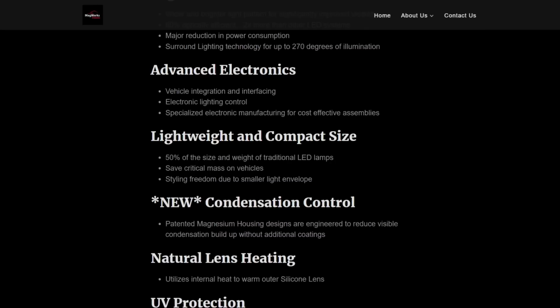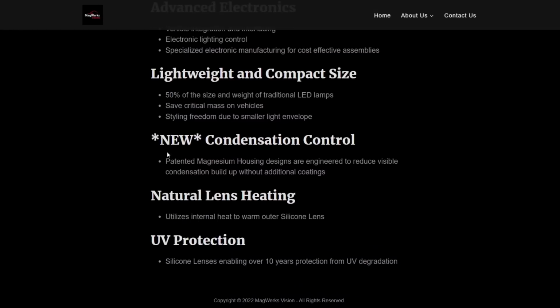Like if you have a giant Hummer EV that's like 10,000 pounds, who cares if you have an extra couple of pounds of lighting weight, but for an Aptera, it probably makes a difference. And then condensation control, natural lens heating. So what they have is a magnesium housing with a silicone lens, and the silicone lenses enable better